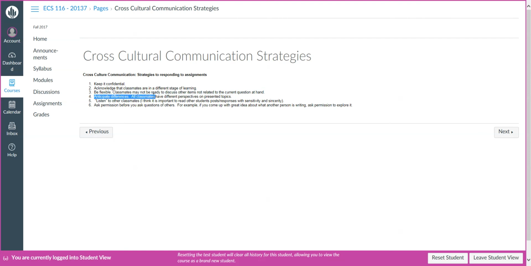Also anticipate that you will have differences. Everyone has a different perspective than you, and we all have something valuable to contribute to the discussion. Number 5, I have listen in air quotes. I know that we can't necessarily listen, although you're listening to me right now, but we don't really have an audio component to our class. So it's really important for you to read other people's posts and be very sensitive to what they've said, and also read it with sincerity.